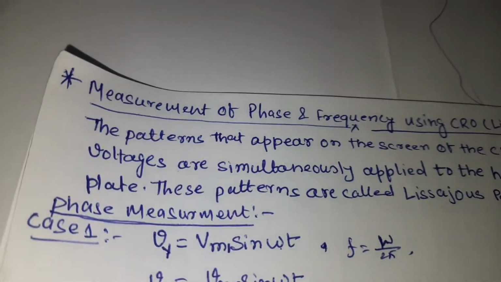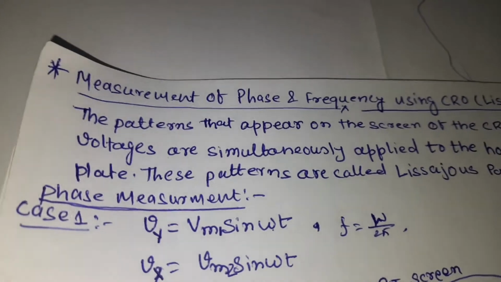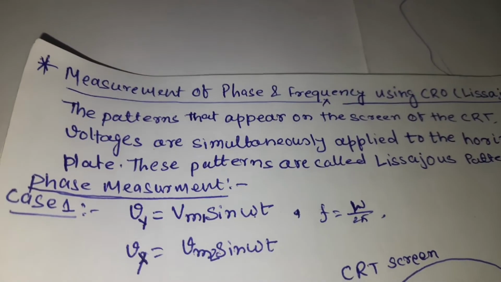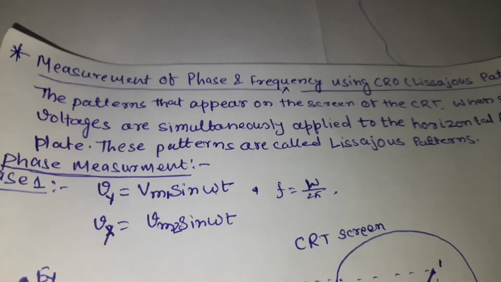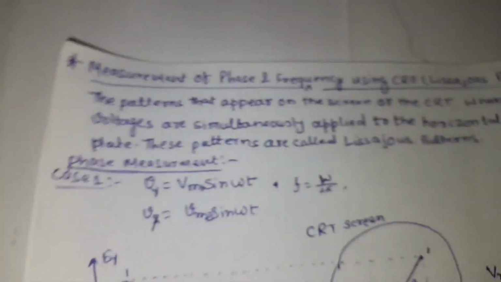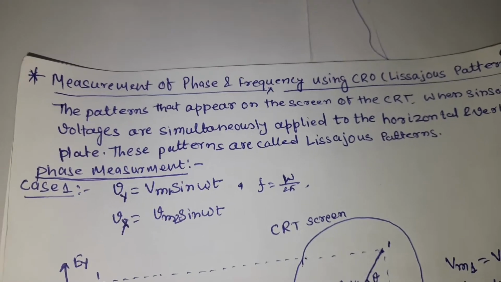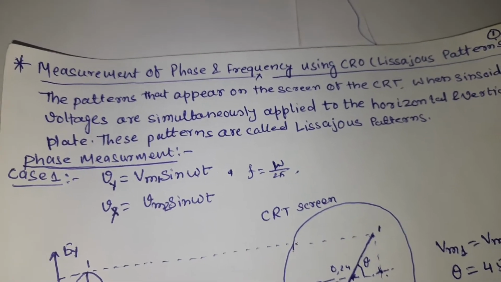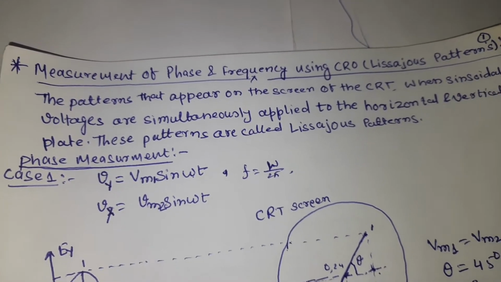Good morning. Today I start measurement of phase and frequency of any sinusoidal signal using CRO. It is also known as Lissajous pattern. It is very important because it is the most popular part of the measurement for the GATE examination. So numerical problems based on Lissajous pattern frequently